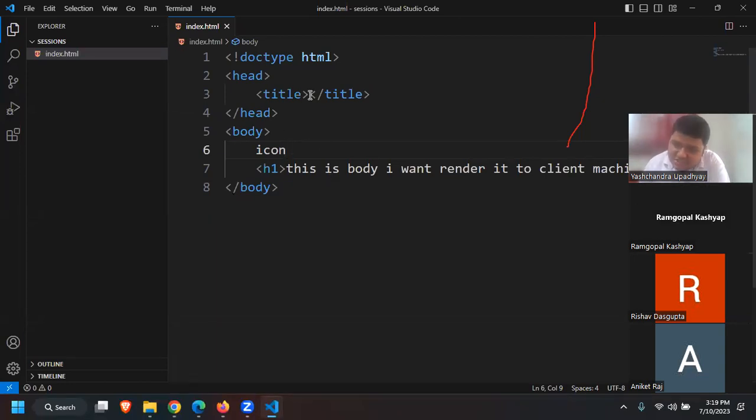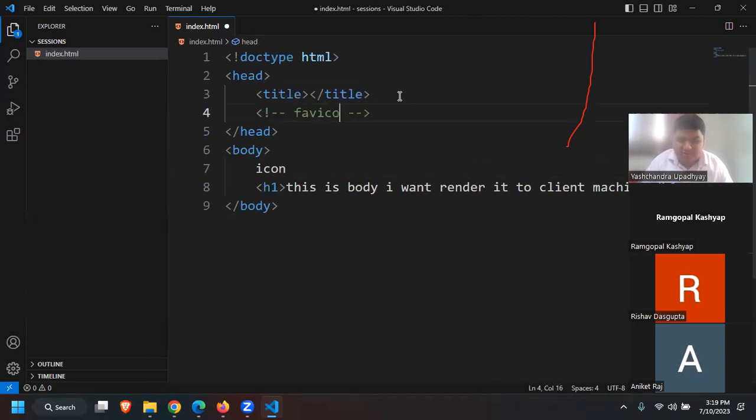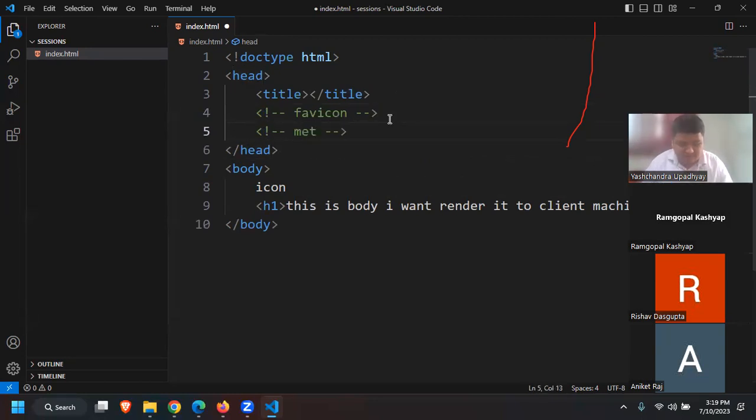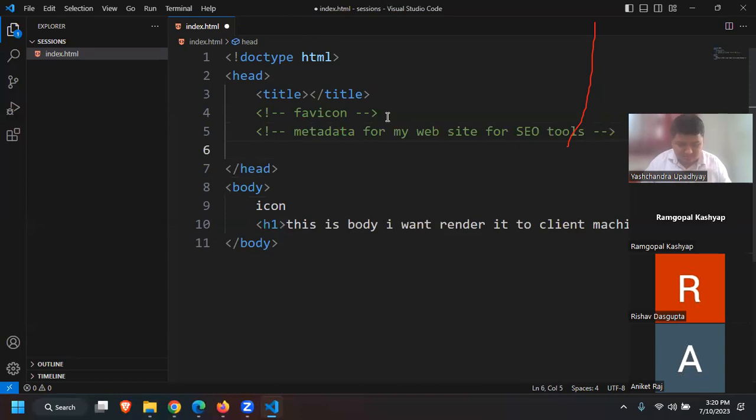So this is the basic structure of HTML, where we first define the doctype HTML, then we define the head tag. There is any title, any favicon, and any other metadata for my website for SEO tools. This will be visible here, as well as if there is any CDN. We will learn what CDN is when I teach you about the cloud, because see, CDN is,